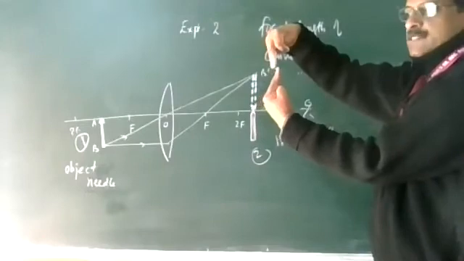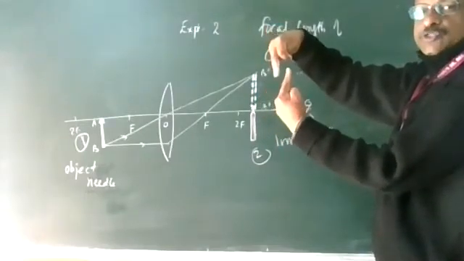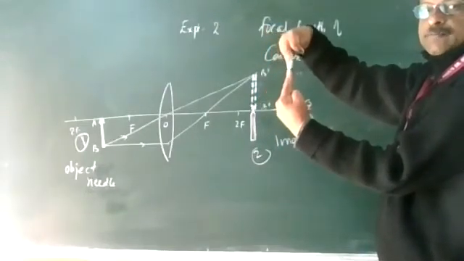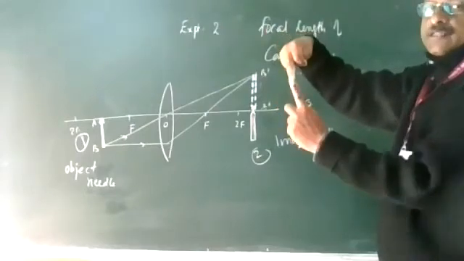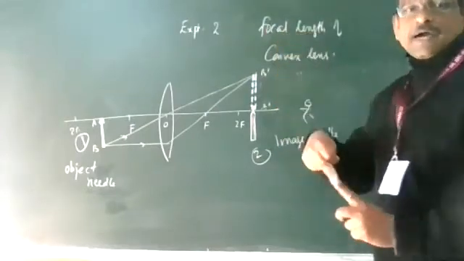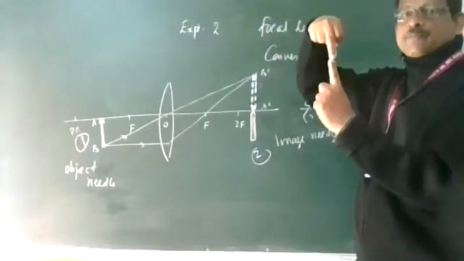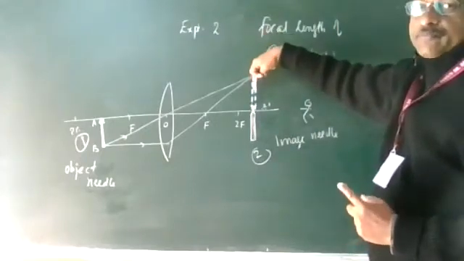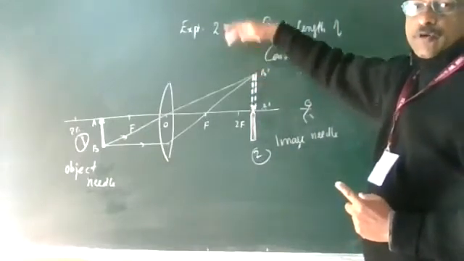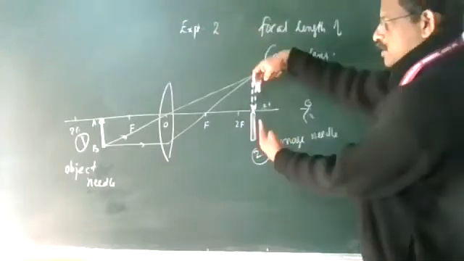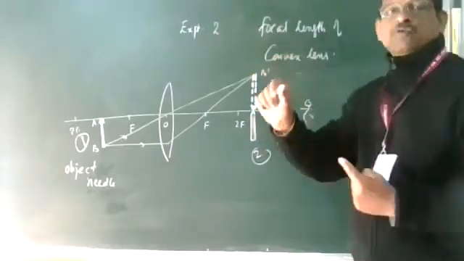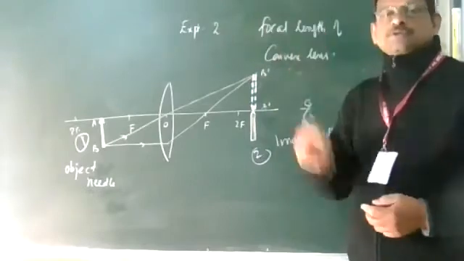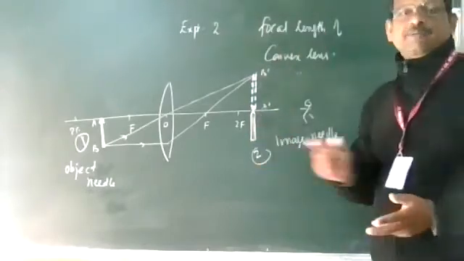If they are at slightly different locations, you adjust them so that they come tip to tip. For that, there are sideways screws. Height can be adjusted so that they will be tip to tip. One is on top, the inverted image or the object needle, and this is the image needle. So both will be tip to tip. For that, you can do any adjustment: height can be adjusted, sideways can be adjusted.